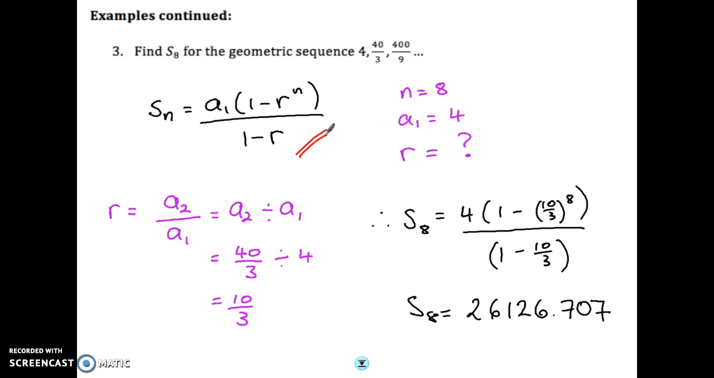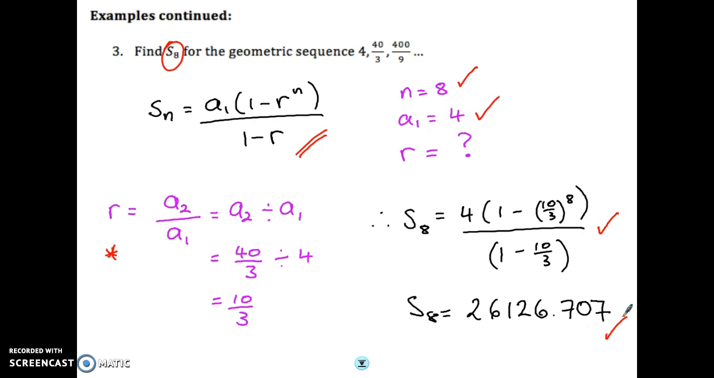We can see pretty clearly that there are 8 terms because we've been asked for the 8th partial sum. We can see clearly that the first term is 4. Perhaps not so clear to see is what the common ratio is. So we have a little bit of work to do just here in order to establish that it's 10 over 3. Once we know that, it's simply a case of putting the information into our calculator and rounding our answer